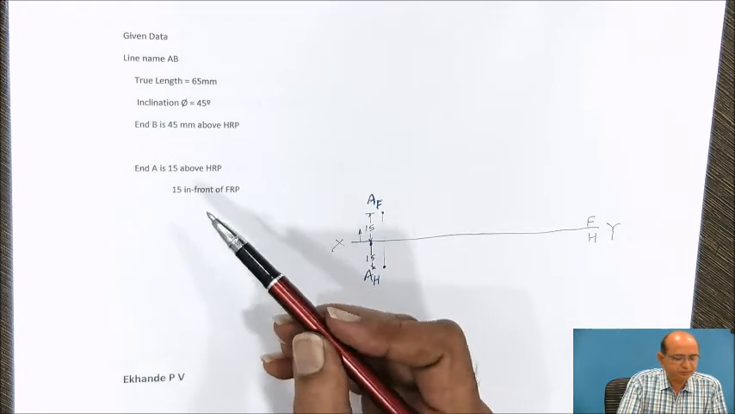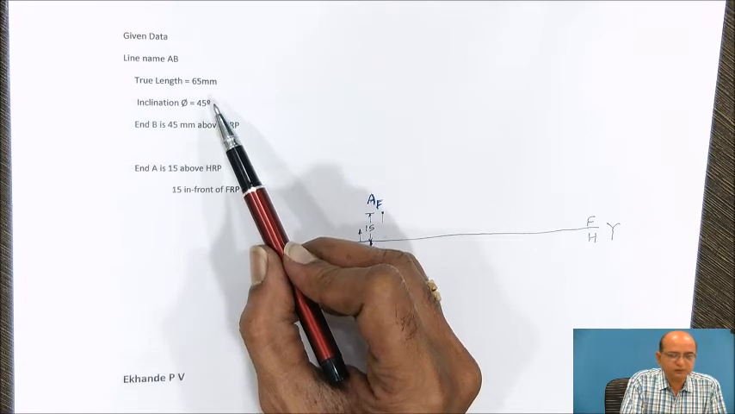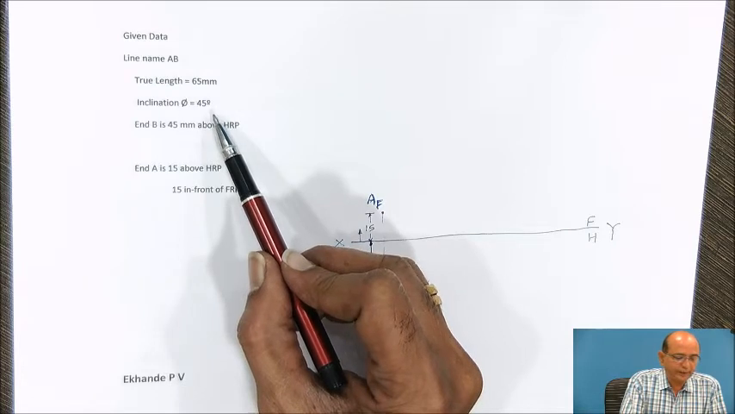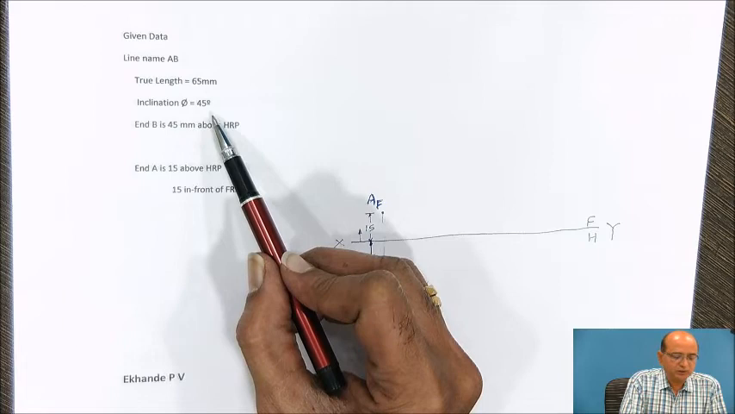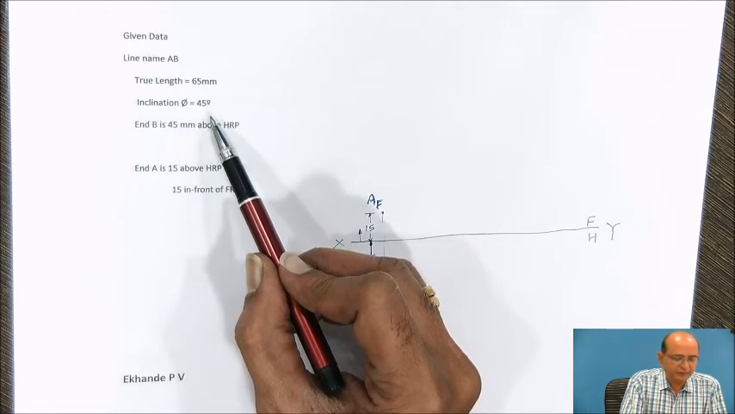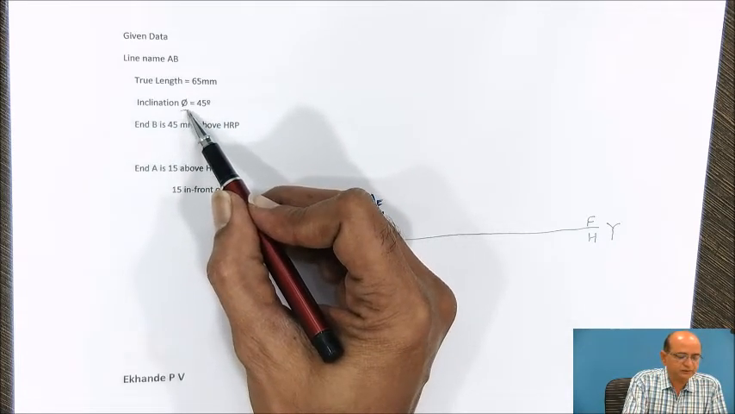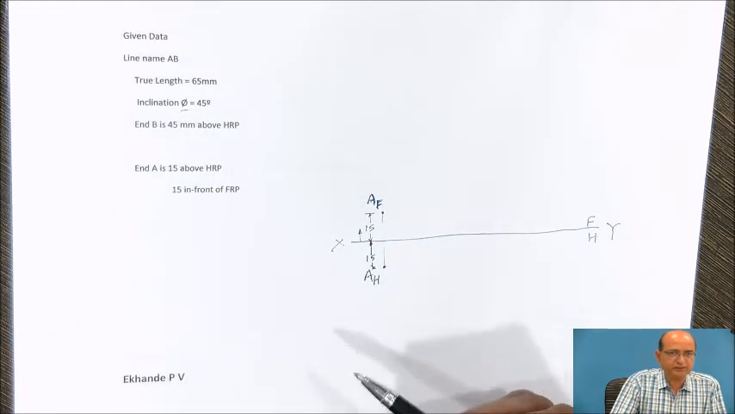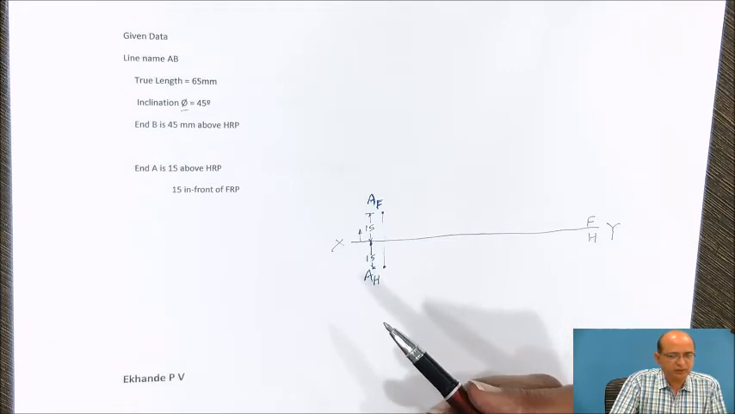Now in the question, what is given? True length is given for the line. So how much is the true length of the line? 65 millimeter. And here one true angle is given, which is the true angle of the line with FRP or with vertical plane, and that is denoted as phi. So we always denote true angle with FRP as phi, and true angle with HRP is called the theta angle, and accordingly